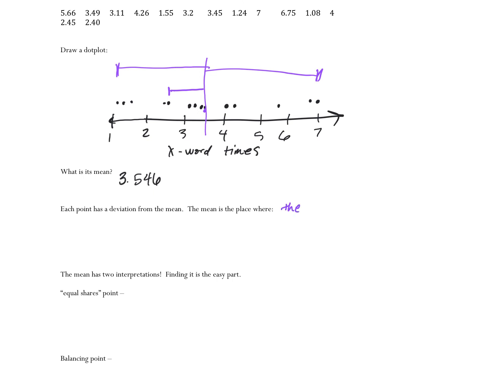So deviation is the distance between a point and the mean. Okay, so let's talk about that. The deviation of a point is the distance between the point and the mean. So, what mathematical operation gives us distance? Subtraction. Okay. So to calculate the deviation for each point, I take the individual point,